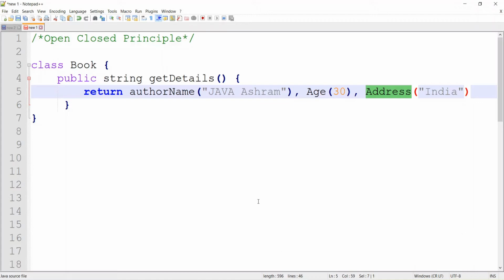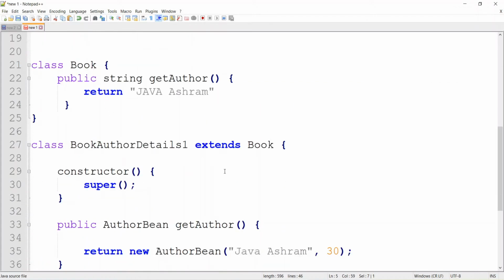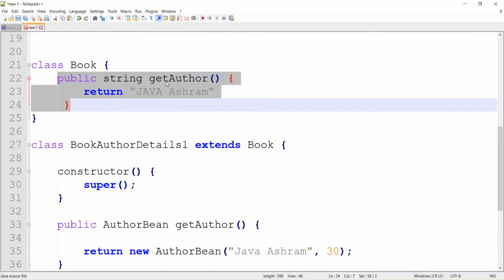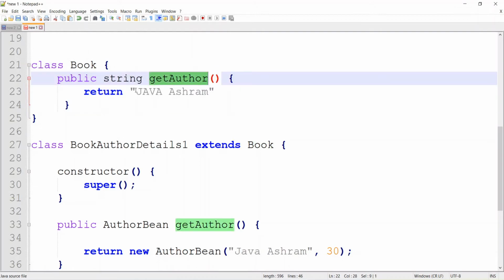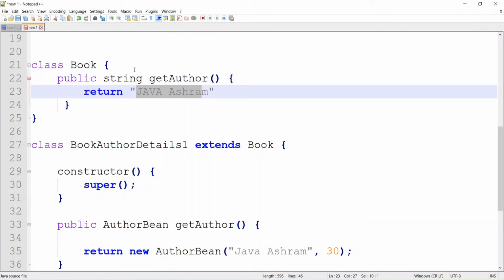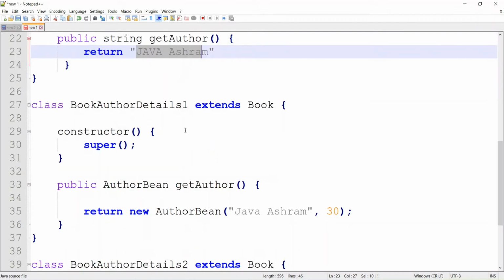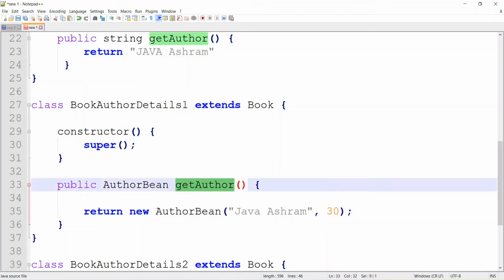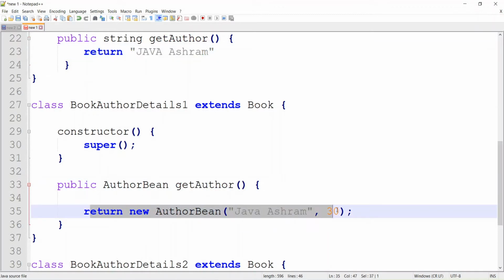So how will you do this? Let's design this class in this way. You created a class Book, and here you wrote only one method, public string getAuthor. So it's returning only the author name, right? So tomorrow if you need to return the author and the age, what will you do? You will extend the Book class, you will get the author and you will return this new author bean, right?